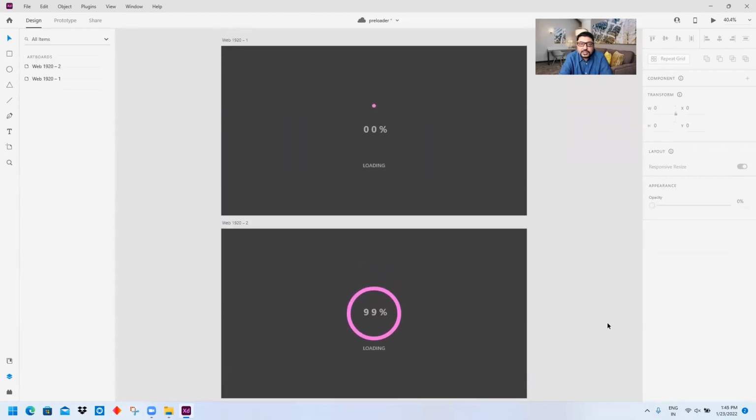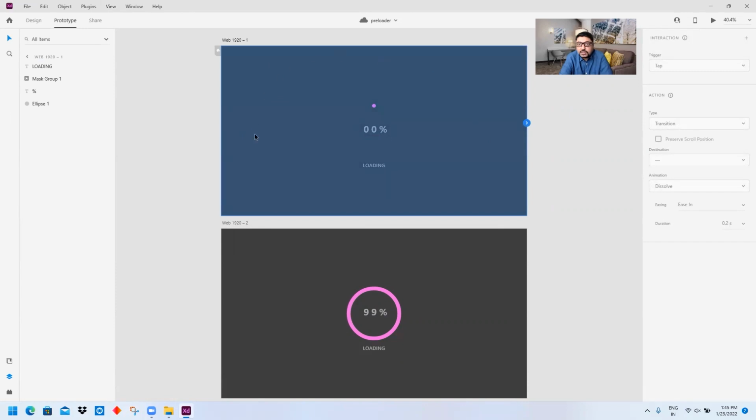Great. So let us first see how this animation actually works, how this preloader actually works. So we'll go to the prototype phase, okay, and click on the artboard, not on any object inside the artboard, the artboard itself. You see a blue color dot comes in over here, and with an arrow, drag this blue dot and click on the next artboard. Okay, so now you can see there is a bridge between the two artboards.